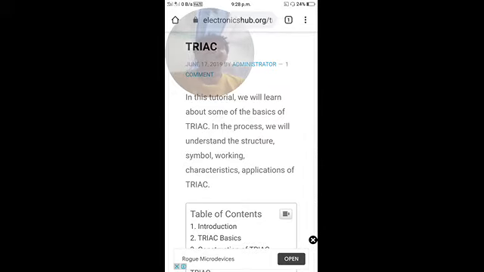that is triac. The name triac means tri, three terminal. AC indicates bidirectional. So it is a three terminal bidirectional conducting device. Three terminal bidirectional power semiconductor device. So it is bidirectional, means it can conduct both the directions. Means it can work for positive and negative voltages applied to either of the terminals.